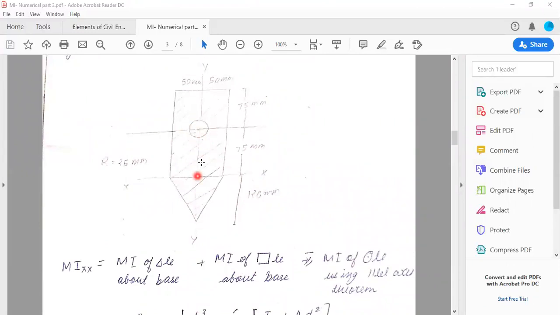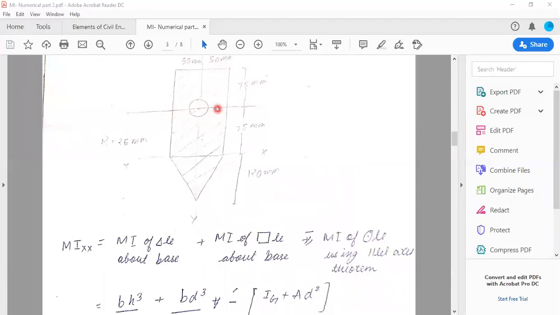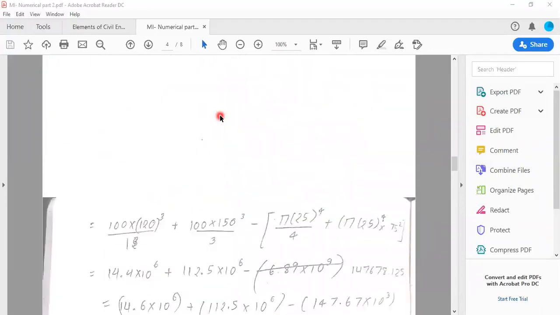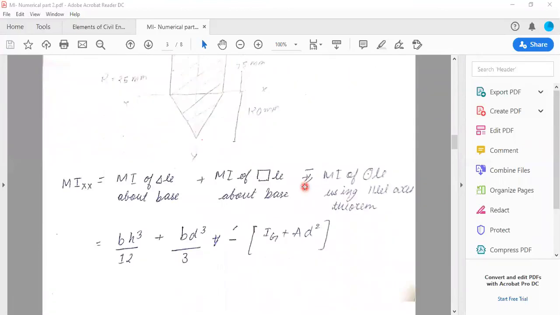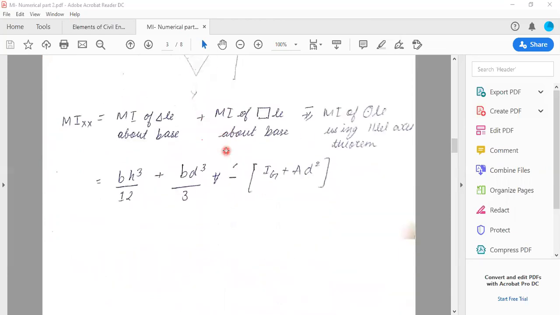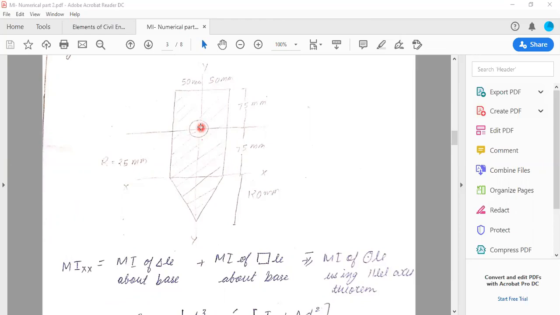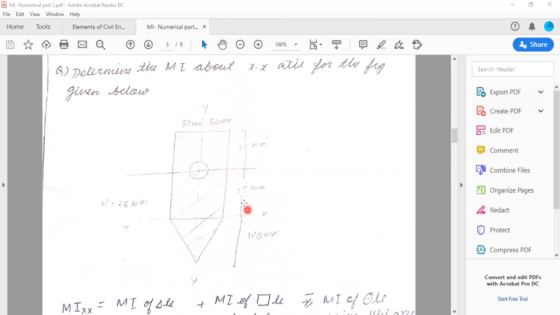And when I'm using it for a circle, because it is not touching anywhere, I have to go ahead with the parallel axis theorem. I self I have to use first: I self for a circle minus, uh, AD square plus AD square. So I self for a circle is pi r raised to 4 by 4. So r is given over here. Small radius is 25. It is written over here. So pi r raised to 4 by 8 minus area of a circle pi by 4 d square, and d square. D is the distance of the CG to the axis where you want to find.